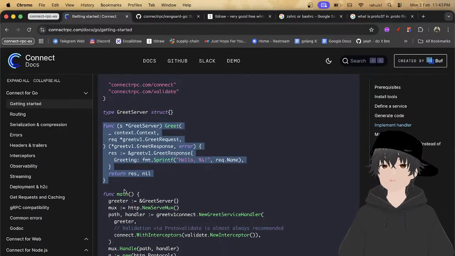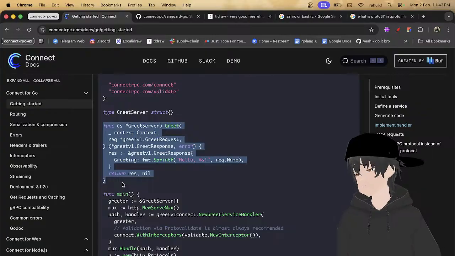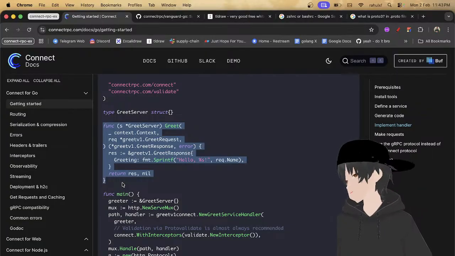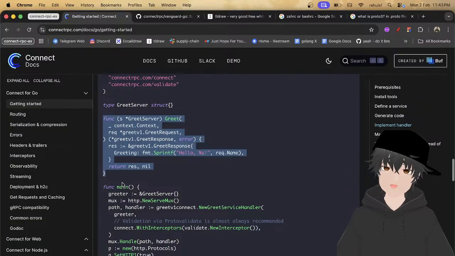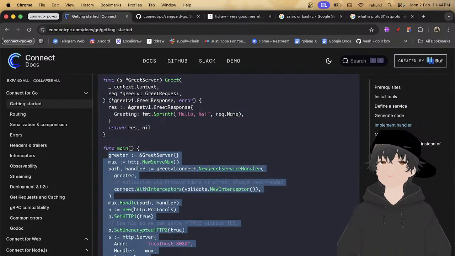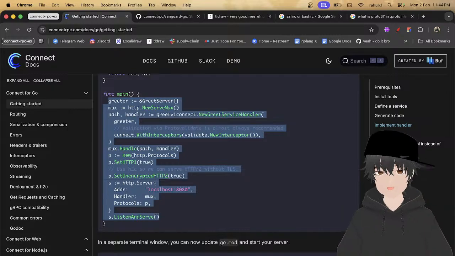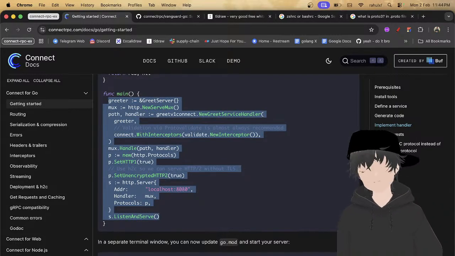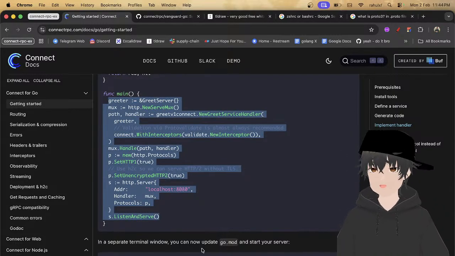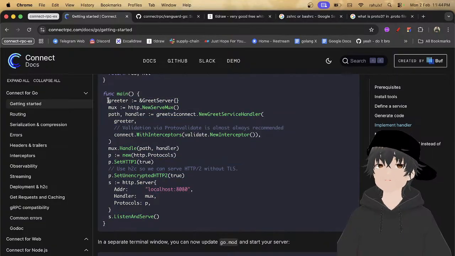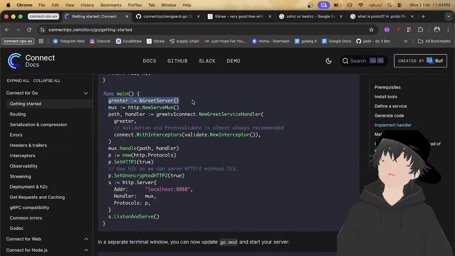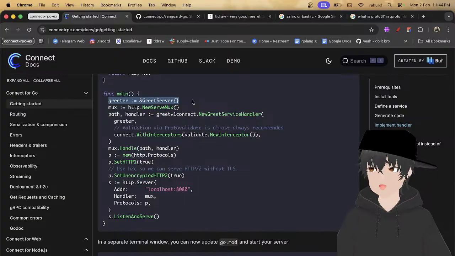After this, the Greet method just came into your main, and add your listen server. I mean, just implement it. So you can see a Greet which takes a greet server, and then we are using mux.